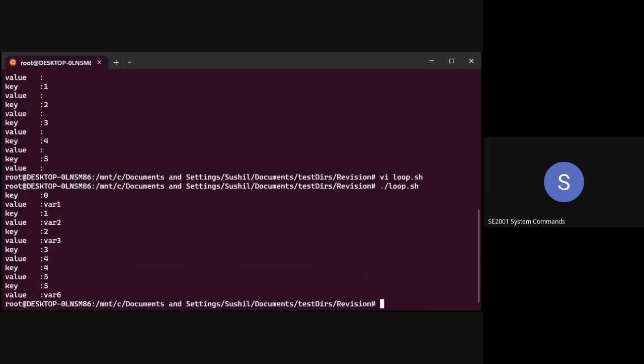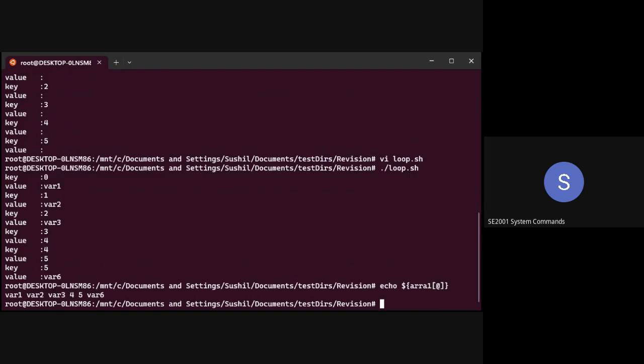And there you see. In the indexed array, we see that it starts from 0. So the 0th element is var1, the first element is var2, the second element is var3. What if I remove